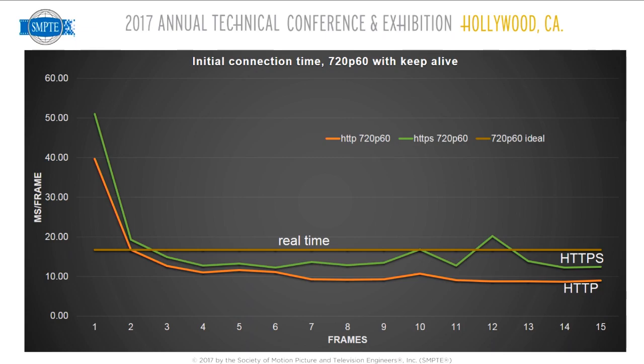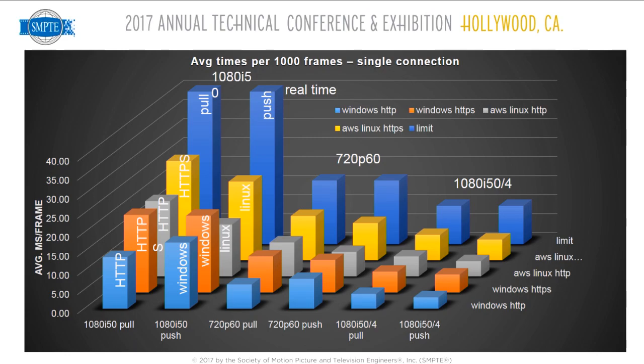I did the same with 720p60. It takes a little bit longer to settle down. It does actually settle down, but I deliberately left the data showing that one of the frames there was slower than real time, but the stream does settle down, and that's shown by the following eye chart. So just take a few seconds on this. What we measured was moving 1,000 frames as fast as possible. How long does that take? At the very back of this picture, we've got real time,